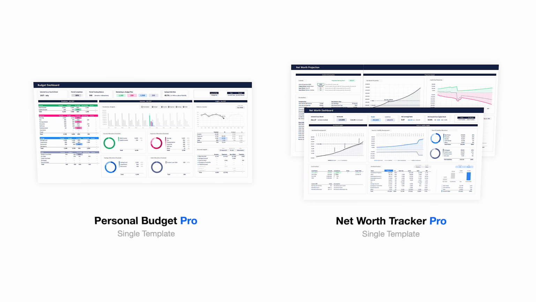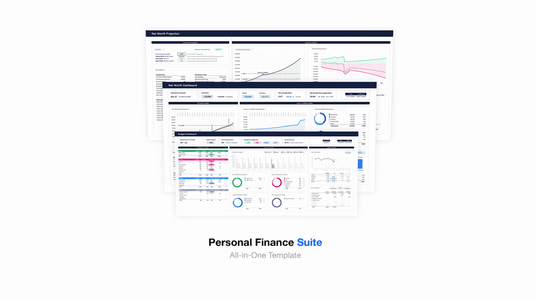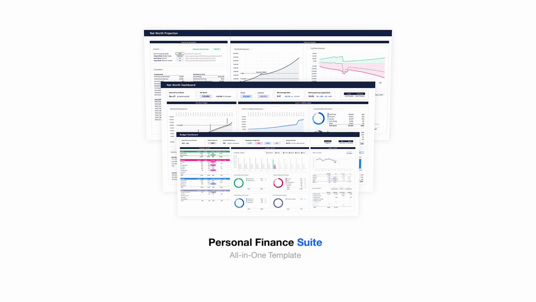And to fulfill the most frequent request, I also merged both these Pro templates into one seamless file, the all-in-one Personal Finance Suite. That means no duplicate transaction tables, no switching back and forth, just one streamlined system where everything